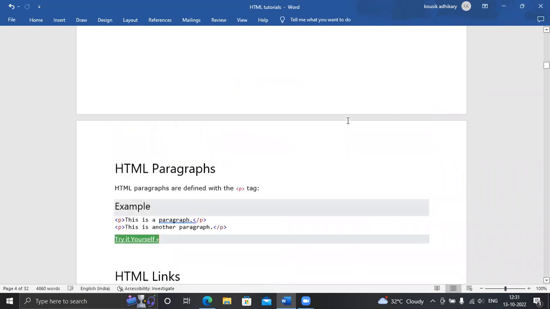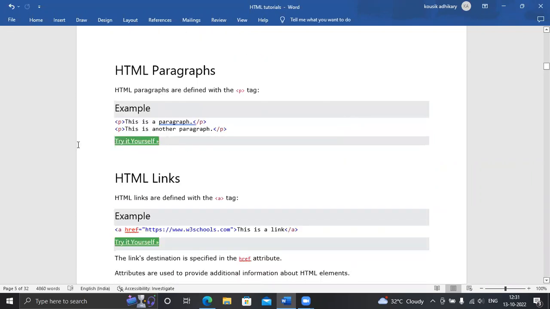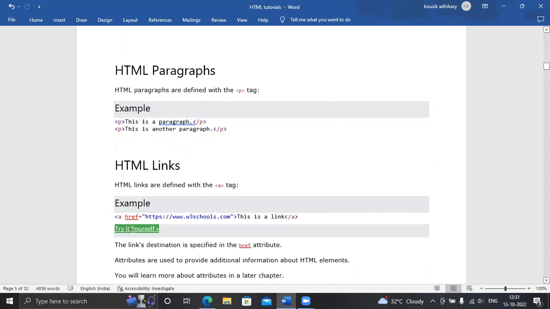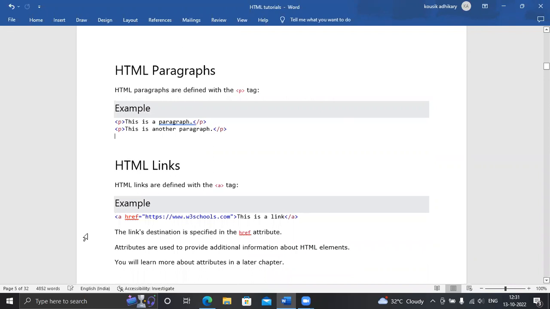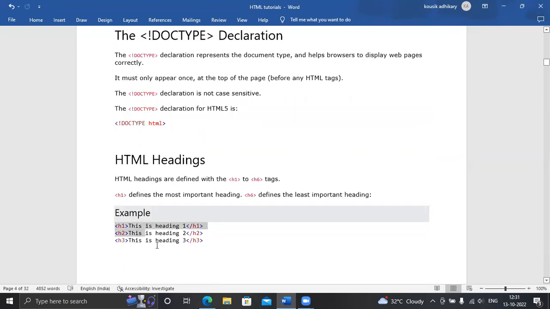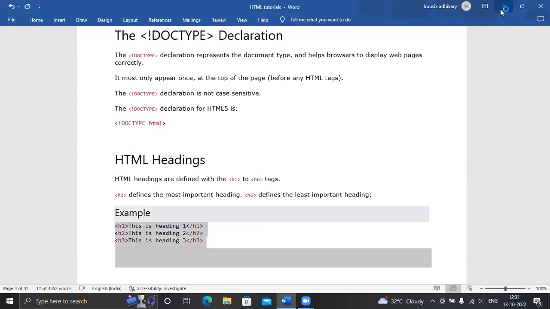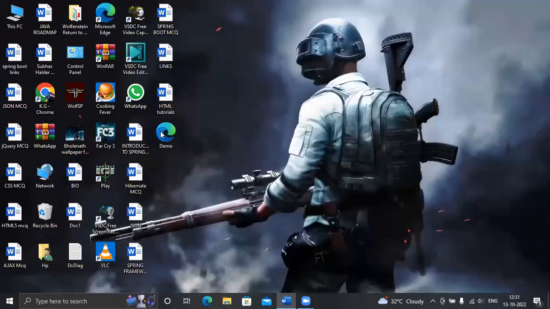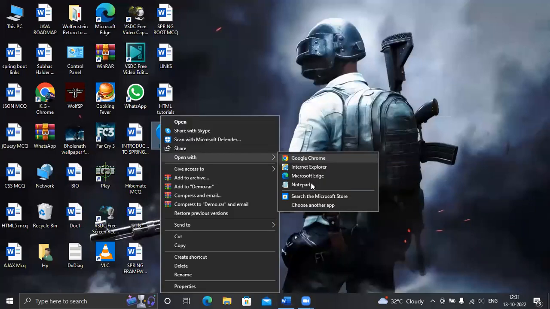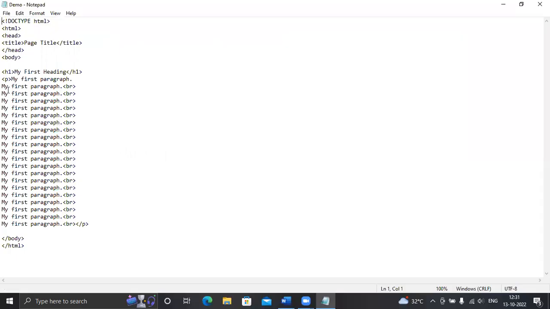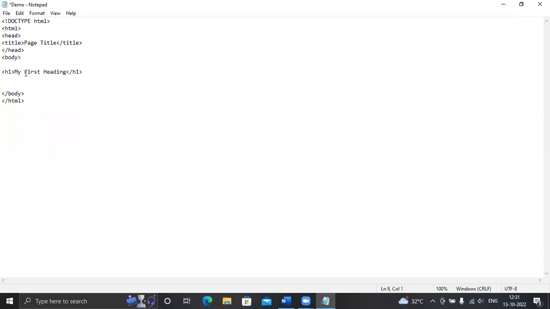Okay, let's see what is the difference between the H1 tag, H2 tag, H3, H4 and H6. Let's see the basic difference. I am removing that paragraph tag, and that H1 tag.